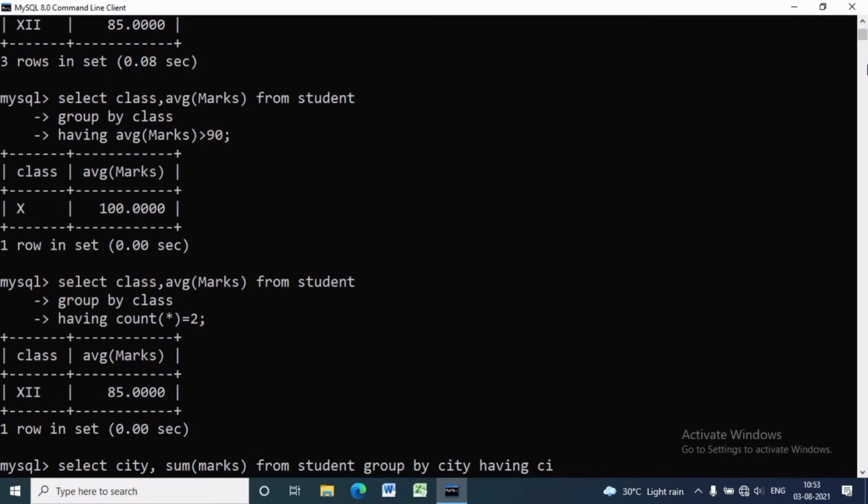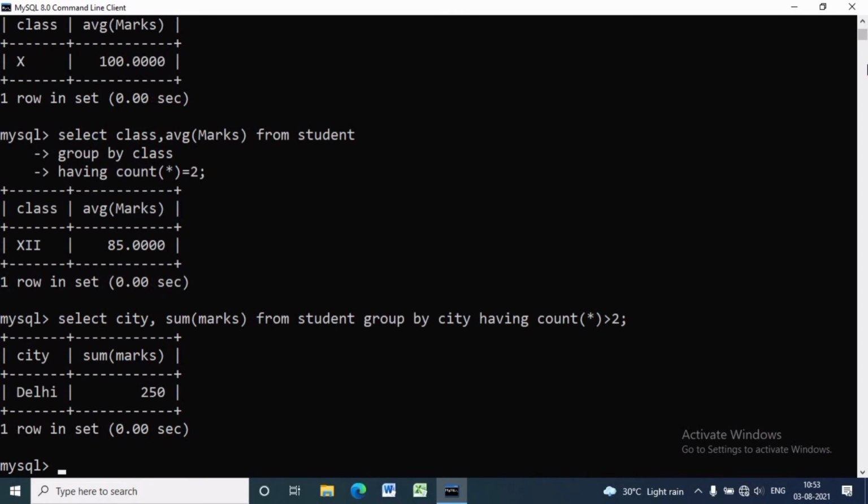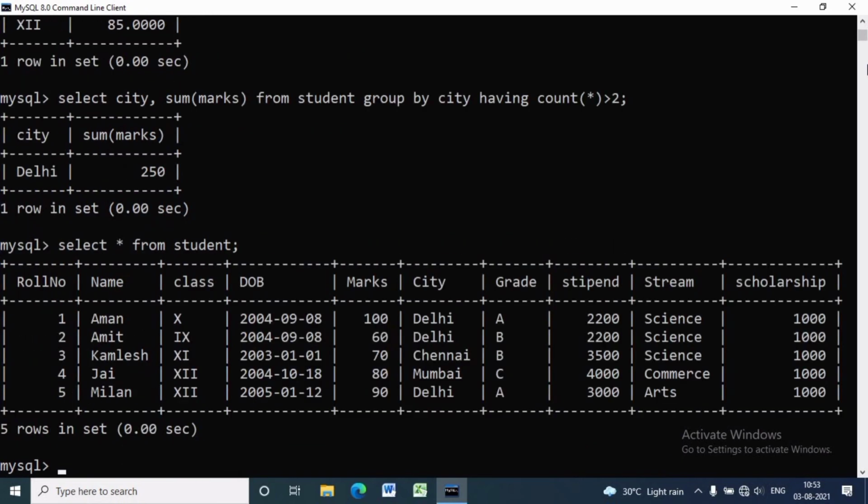It will add the marks obtained by all 3 students, and it will be 250 in our case. Now I will write SELECT * FROM student so that you will be able to see the marks obtained by these 3 students. The marks are 100 plus 60 plus 90, and it will be 250.